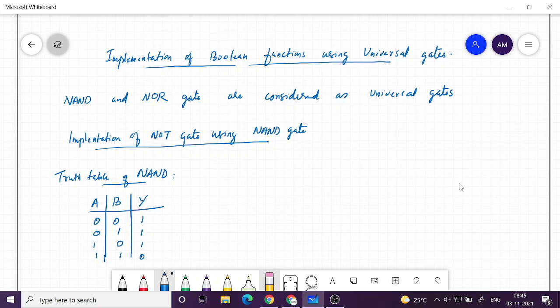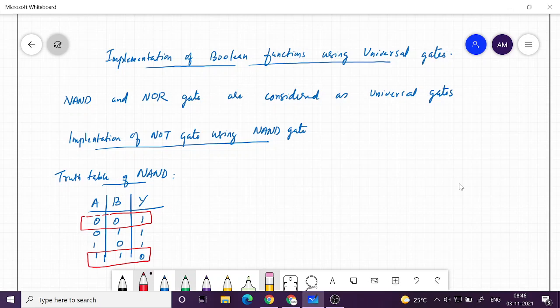Now how we can use this to make a NOT gate? If you look at the first case and the last case, you see that if both inputs are 0, then we have output 1. So that is like a NOT operation. And if both inputs are 1, you have output 0. So you have the complement of the input when they are same.